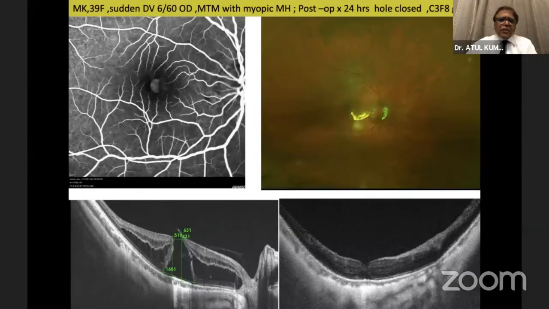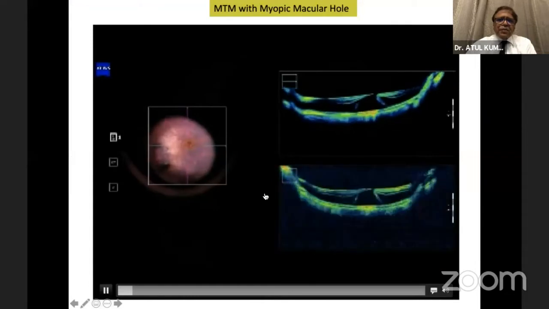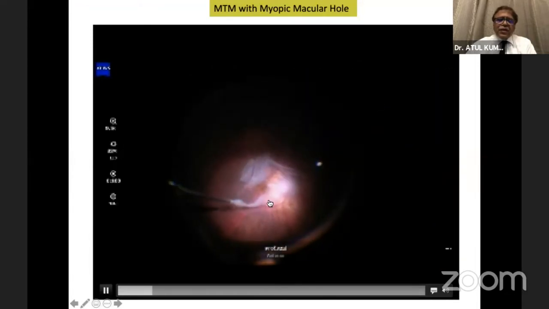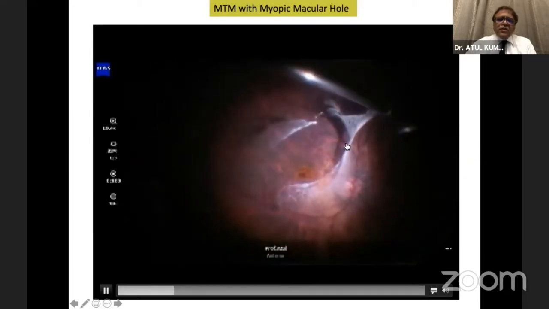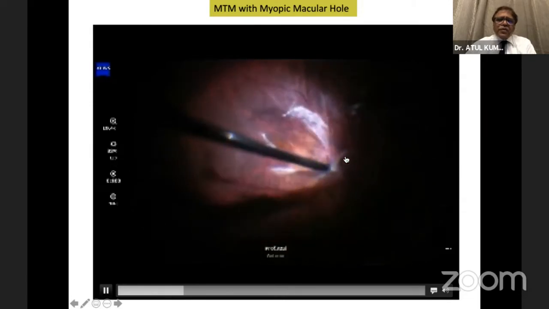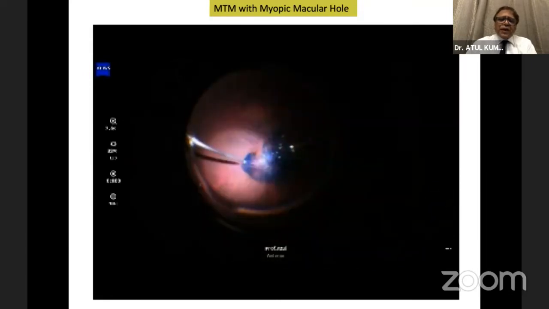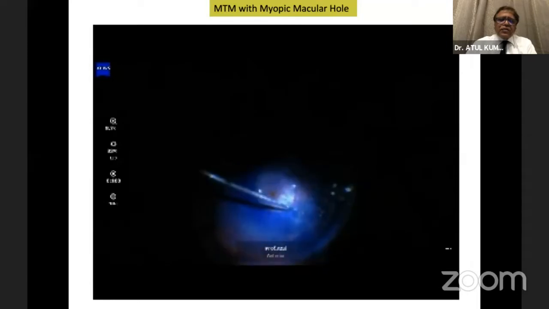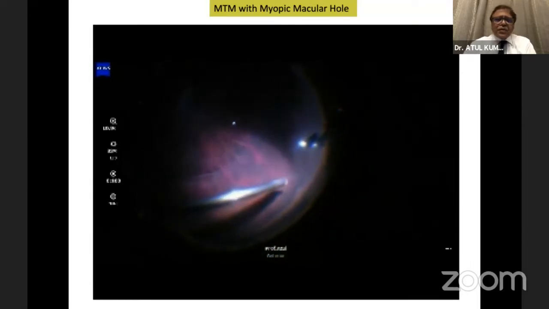And this is a patient who developed a macular hole in the myopic patient. And what we did was the OCT picked it up very well. The same patient, the intraoperative OCT really helped to pick up the hole again and to localize the hole. So the posterior hyaloid with the triamcinolone, which is dusted onto the posterior hyaloid, because in these pathological myopias you may have adherent vitreous, which, if you remove the vitreous, you actually do a vitreous schisis. So to make sure the entire vitreous is removed, you must put some triamcinolone crystals.